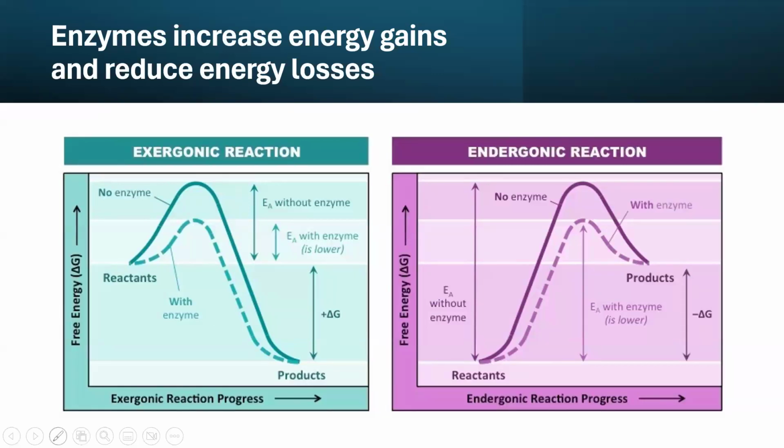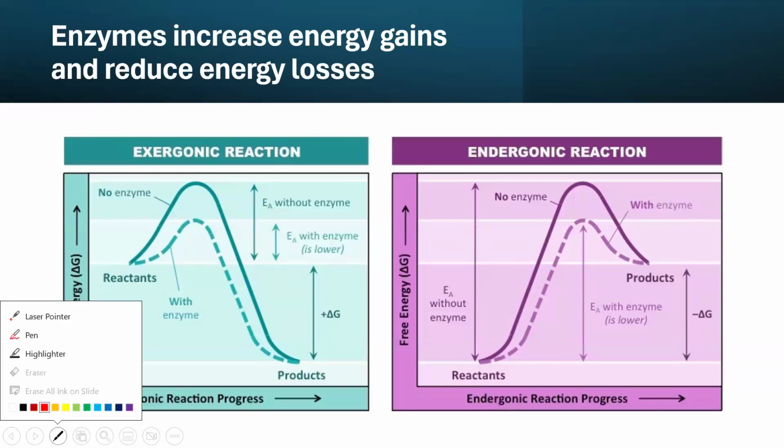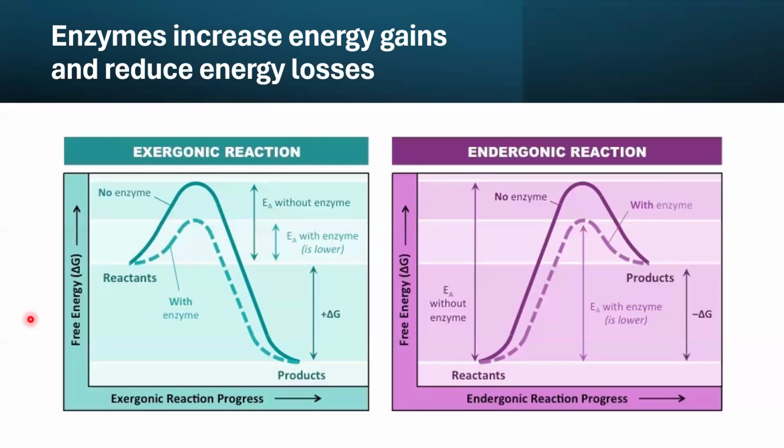And so what we're doing by adding the enzyme is reducing the total amount of energy invested, and we get the same amount of net energy gain. Okay. So on the other hand, we have inorganic reactions like this. This is usually going to be building something. So these are going to be more of your anabolic reactions, while these exergonics are going to be more of your catabolic reactions. You've got a much higher